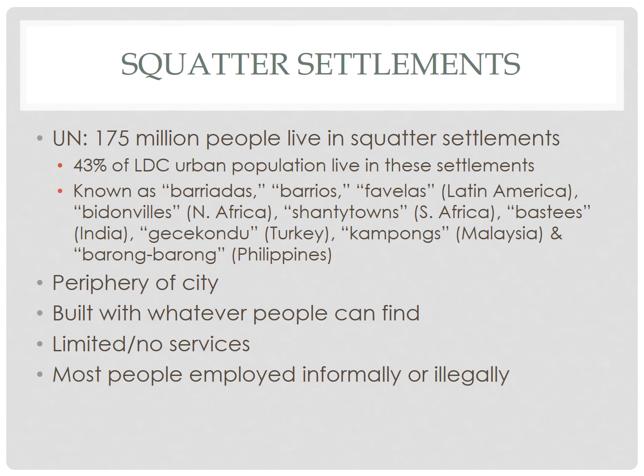So these areas go by a variety of different names depending on where in the world you're seeing them. Slums is probably another way that you're most likely to see them. But again, there's a lot of different regional terms: barrios, favelas, shanty towns, some of the most common that you may see. These areas are almost exclusively on the outskirts of the city, the periphery of the city, and people are going to build this with whatever they can find.